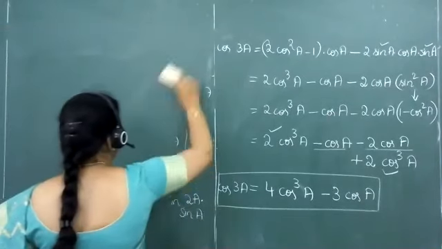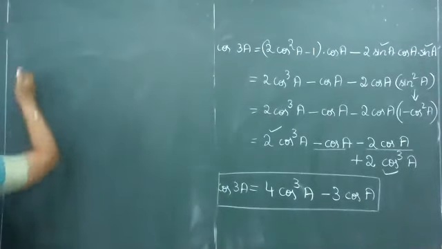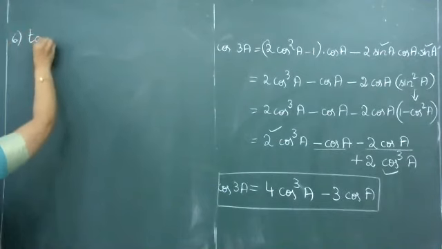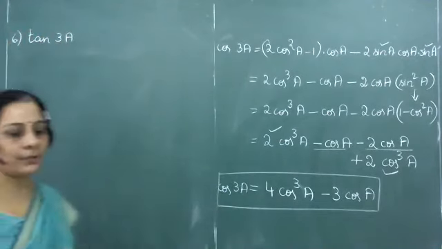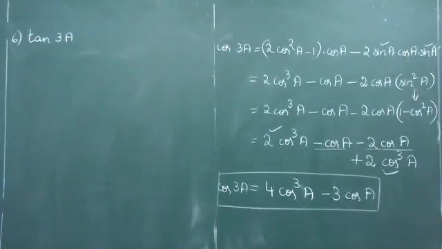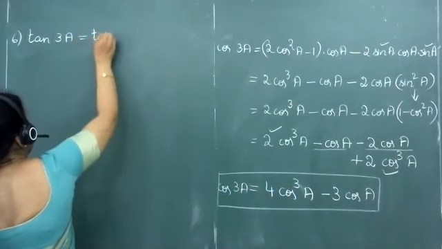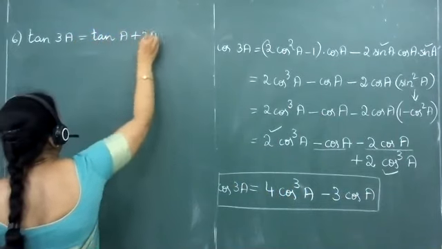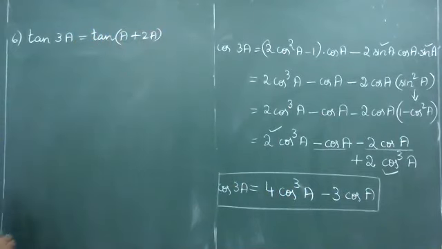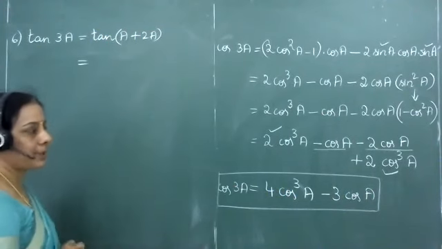So with this we are left with the last ratio, that is tan, for the same multiple angle which is 3A. We will now be deriving the formula for tan 3A. Again, tan 3A, you will split it as tan of A plus 2A or 2A plus A, which is going to give the same answer. RHS is now in the form tan of A plus B. So we shall use the compound angle tan A plus B formula.